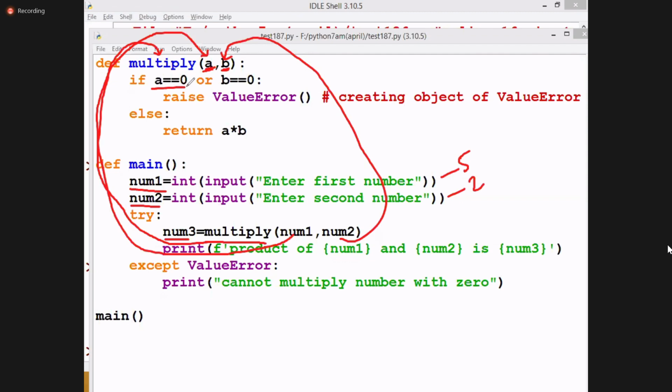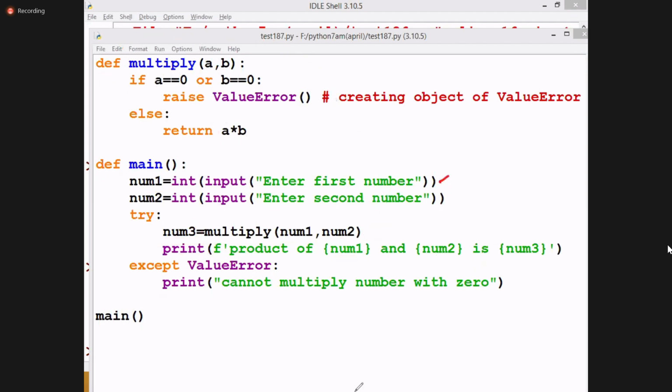No. Is 5 equal to 0? No. First condition is false. Then will it check the second one or not? Yes. So this condition is false. Then come to the else and display 5 into 2. What is the value written here? 10. So 5 and 2 is 10.